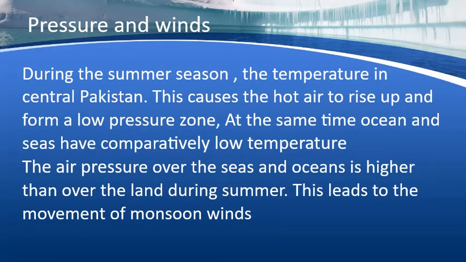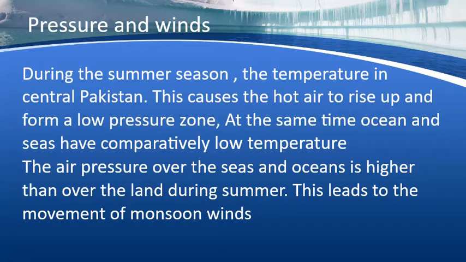Pressure and winds: during the summer season, the temperature in central Pakistan is high. This causes the hot air to rise up and form a low pressure zone. At the same time, oceans and seas have comparatively low temperature. This is because water absorbs and discharges heat slowly as compared to the land. The air pressure over the oceans and seas is higher than over the land during summer. This leads to the movement of monsoon winds from sea to land, which are moisture laden and bring heavy rainfall